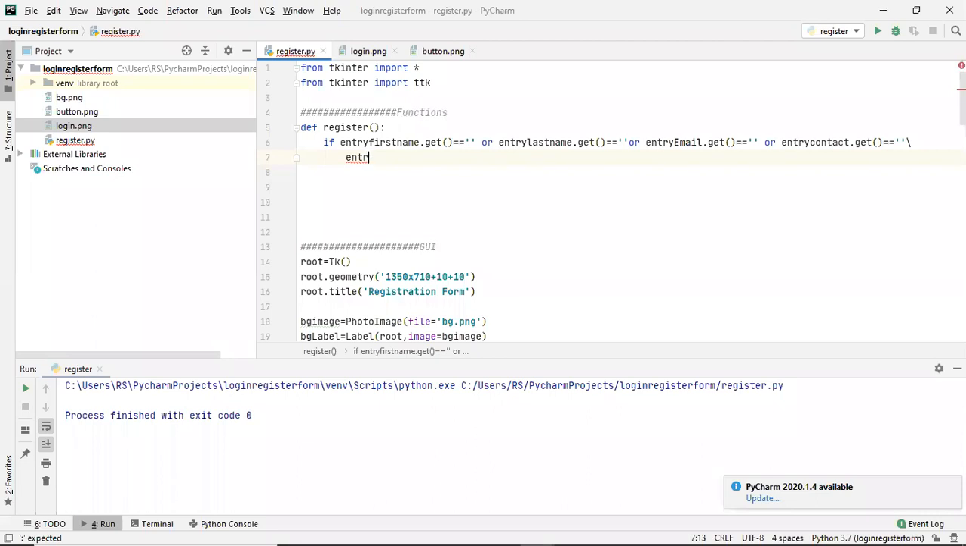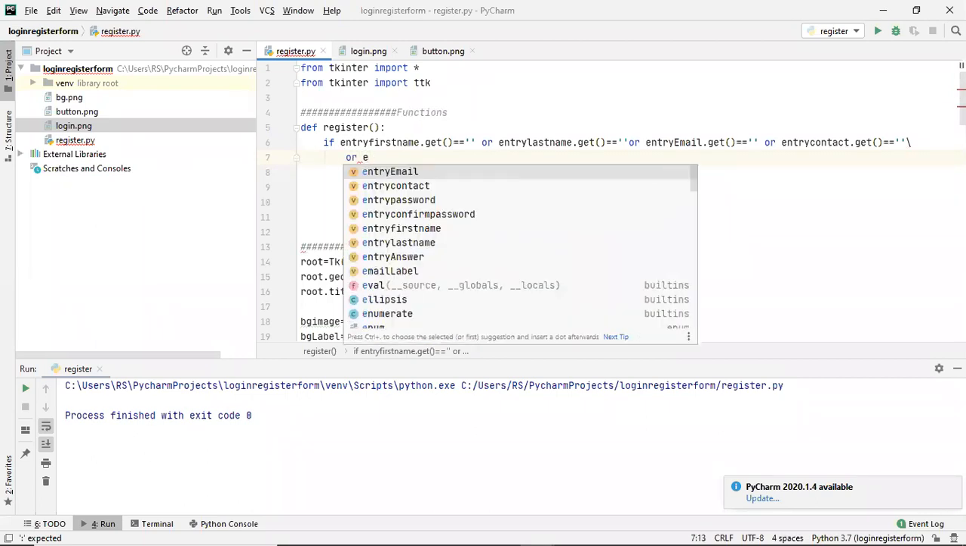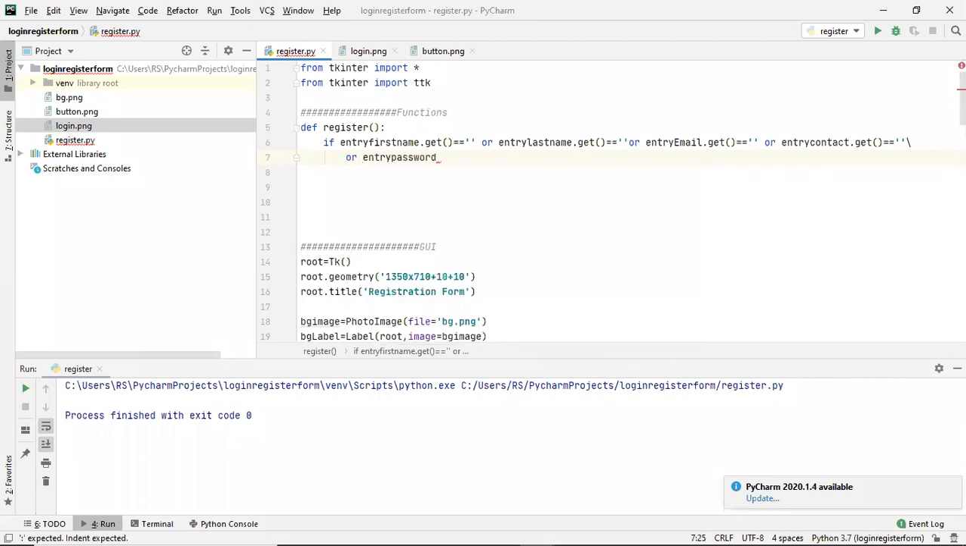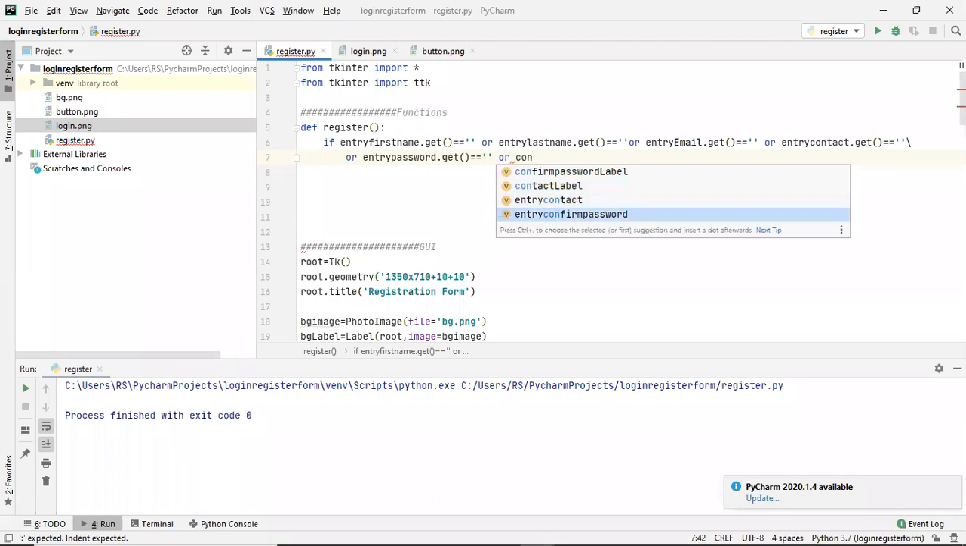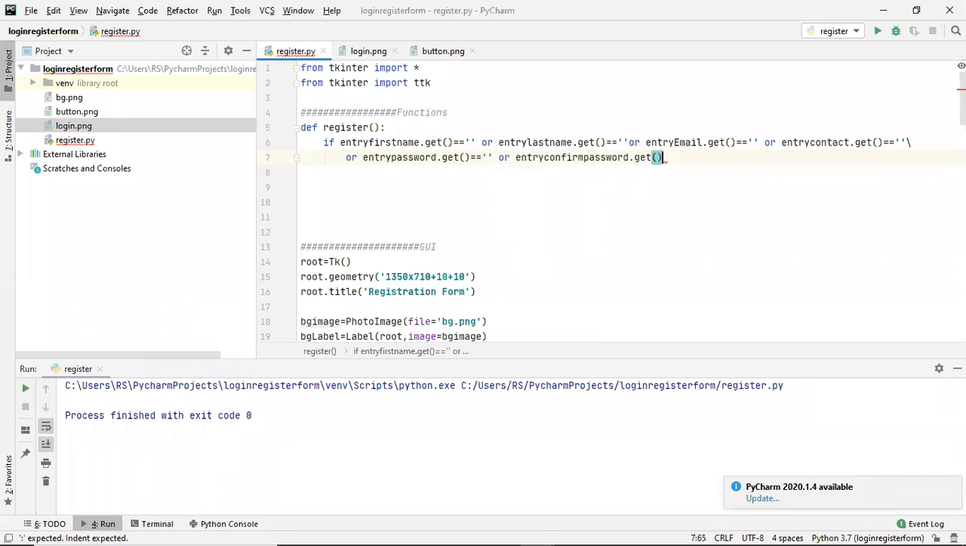So there is a problem here. Okay, let's write or entry password dot get equals to null. After this entry password, we'll also check for confirm password, or confirm password not label, entry confirm password dot get equals to null,